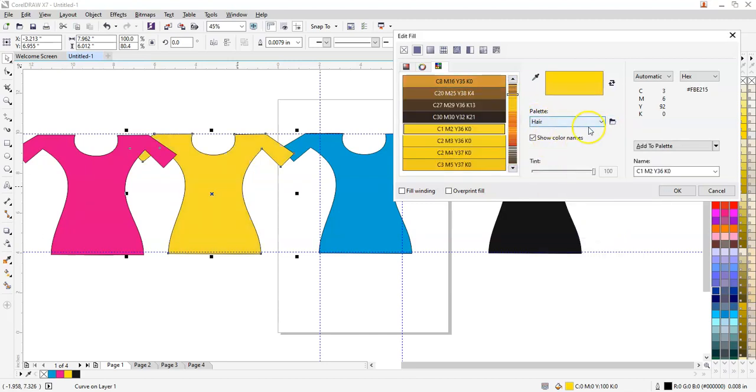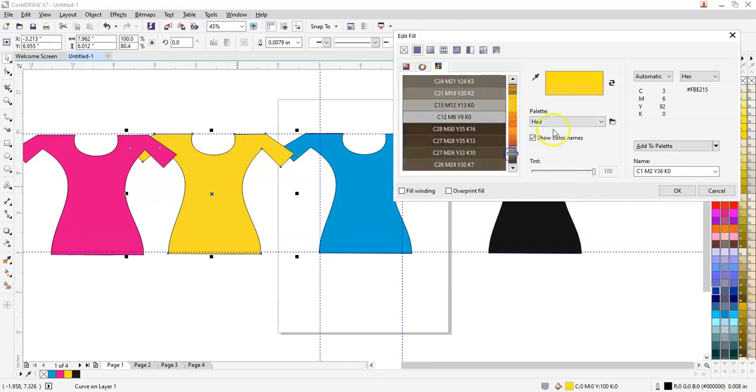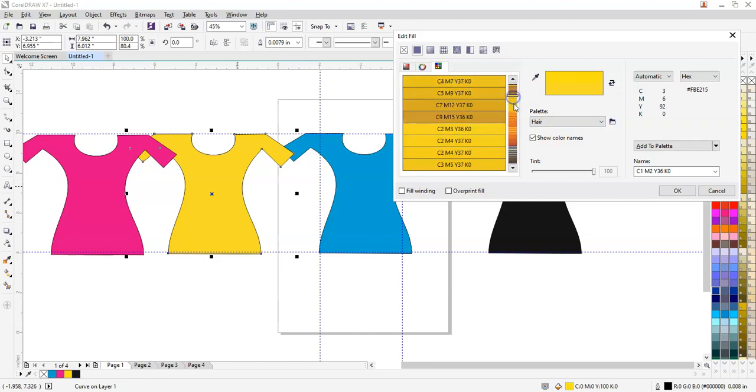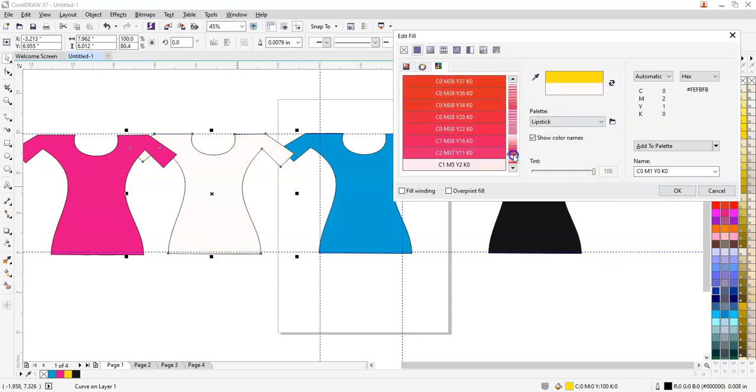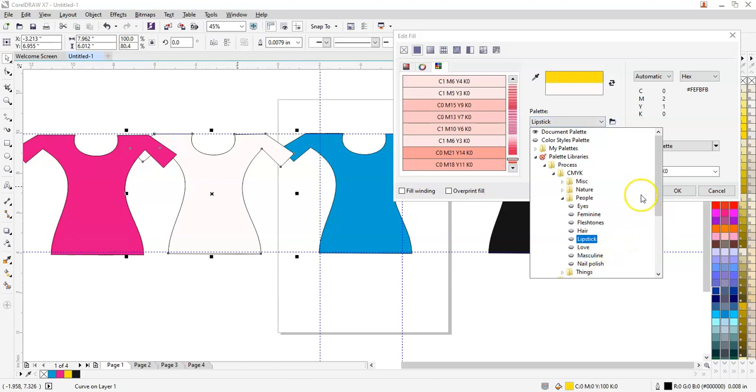I want to have hair colors. I have so many hair colors over here. Now you may be having a confusion about how yellow colors are there. But sometimes in the cartoons we need to have some cartoon objects. They have different kinds of shades applied for their hair, any type of colors. So basically, the CorelDRAW programmers have given a lot of colors in our software. You want to apply lipsticks, then you have all these lipstick colors. So similarly, whatever colors you need, each and every shade is available in your CorelDRAW color palettes.